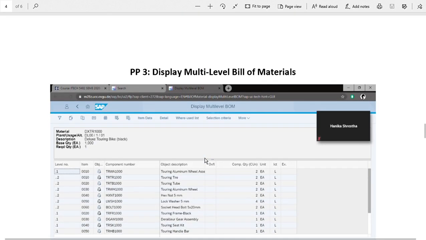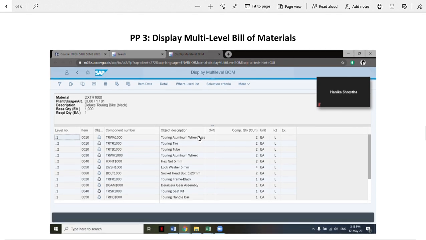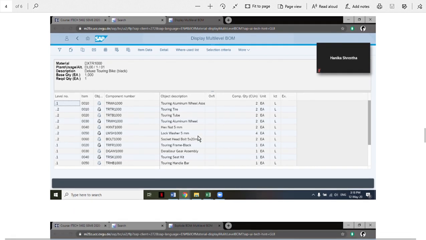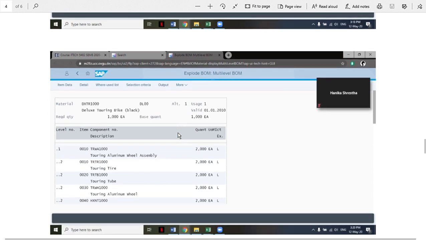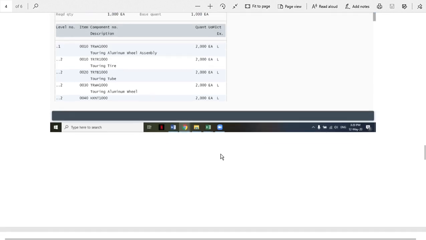And in this third screenshot, it's about this third transaction, it's about display multi-level bill of material, and we have to use the Display Multi-Level Bill of Material or BOM app from the Fiori app. We get it after execute, and the second one we get it after when we go back and click view and select variable list and click on execute.